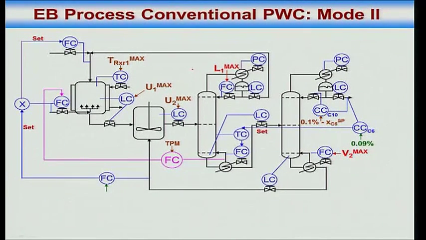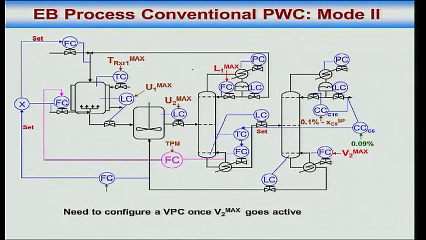If this boil up is going up, that means you are producing too much ethyl benzene, you can't boil it off, and it is building up in the 2 recycle loops. Therefore, reduce the amount of ethylene that you are putting in. So this loop comes in. Okay, this is conventional.